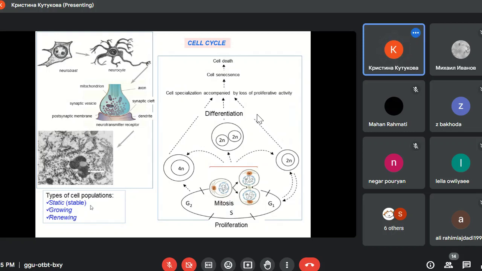It means that in our brain, for example, we have no stem cells for neurons, so no new neurons can be born. And also for cardiomyocytes, the cells of our heart. They also cannot